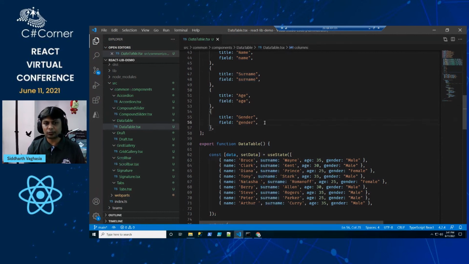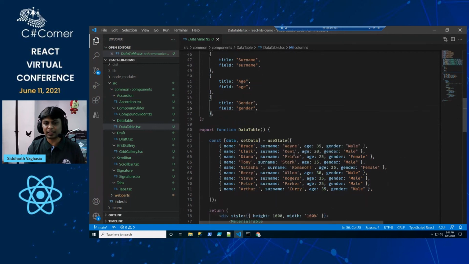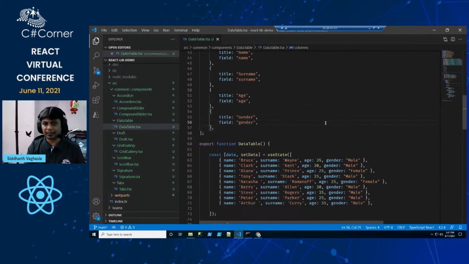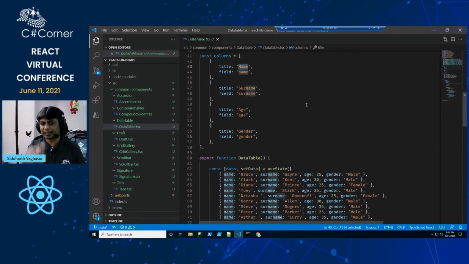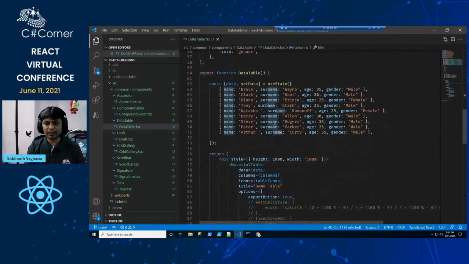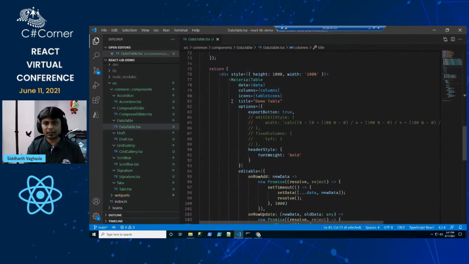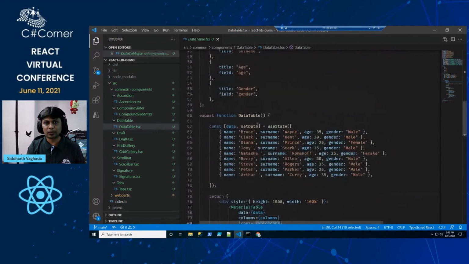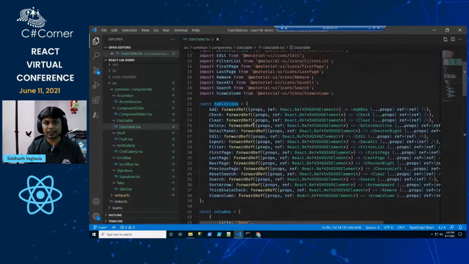This is pretty useful because there might be cases where the database, or wherever we are getting data from, has a different name, but we want to display a different header title. So this gives flexibility. And then the table icons which we want to show. When we say table icons, it means what all things you want to display.